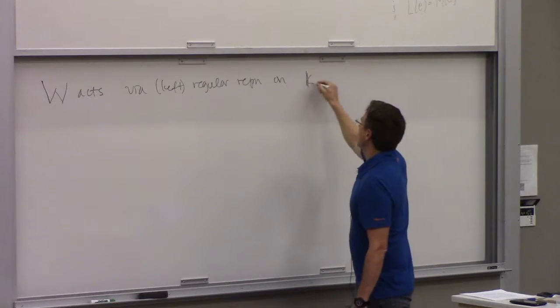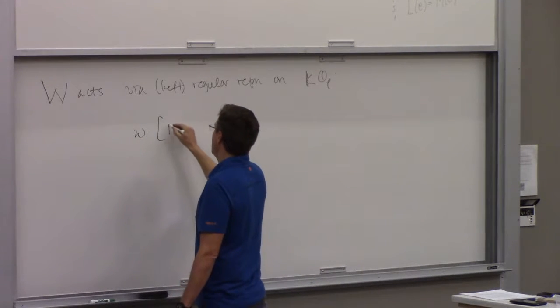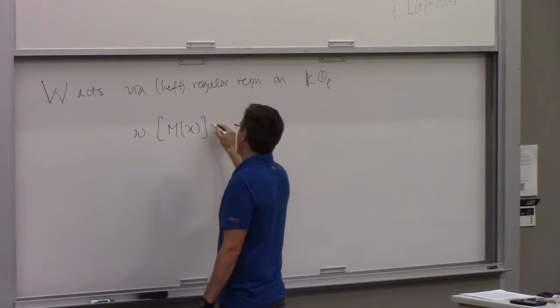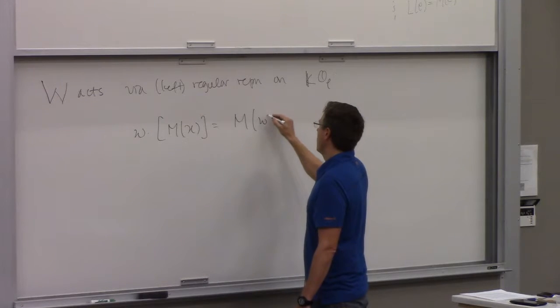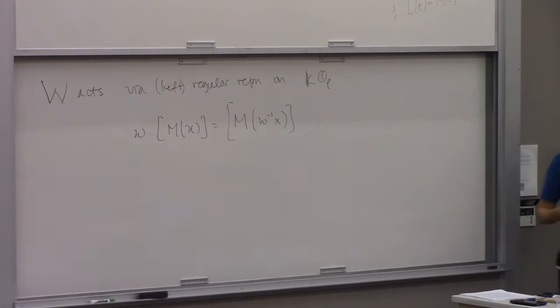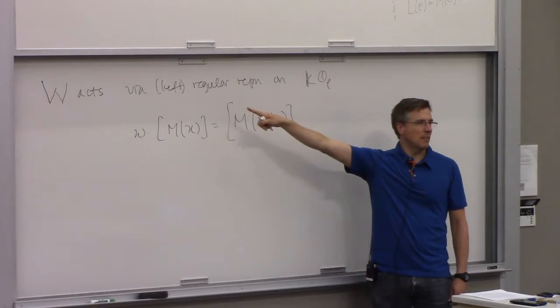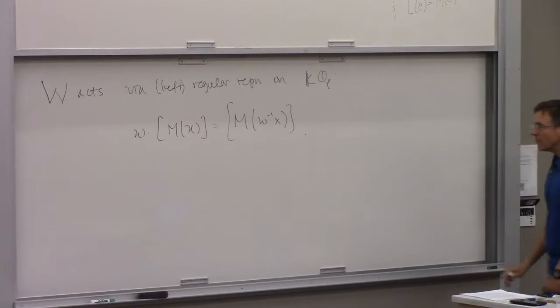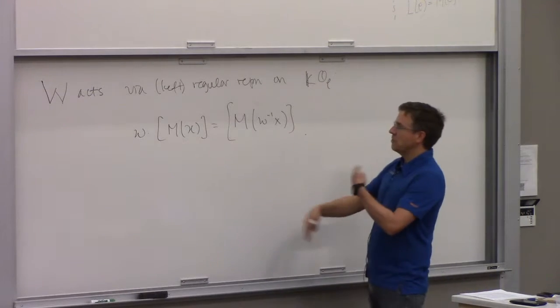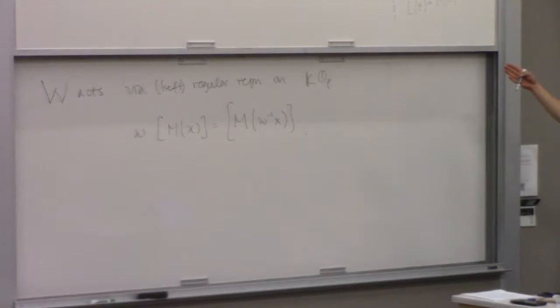So obviously I could have taken the right regular representation, I could have taken the W cross W representation, left and right. Let me just stick with left for now. Okay? And so it's just the permutation action on this basis. The point is that there's this other, much more subtle and interesting basis of the L of X's, and